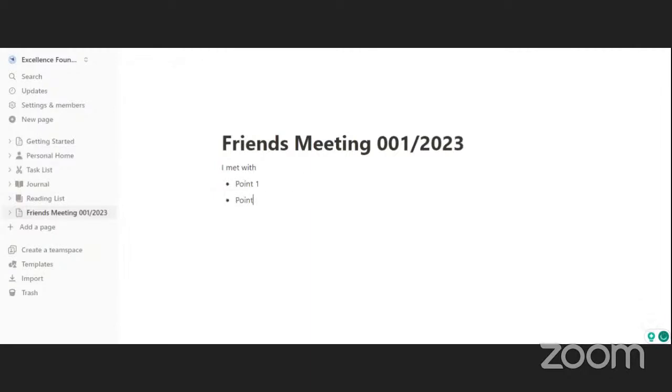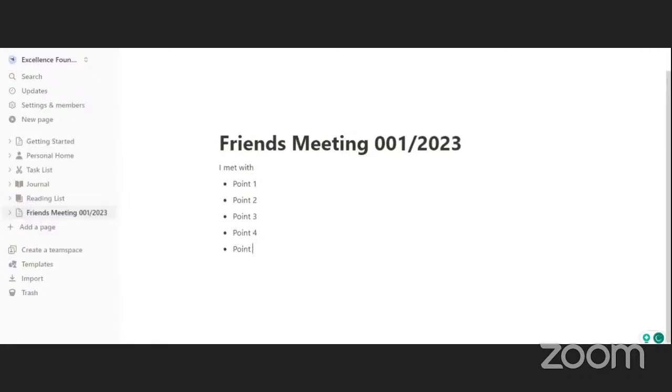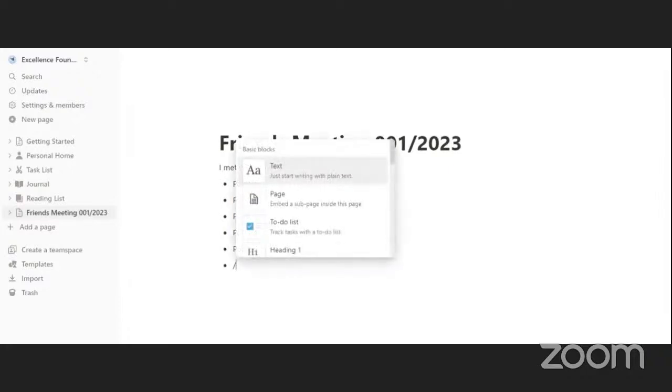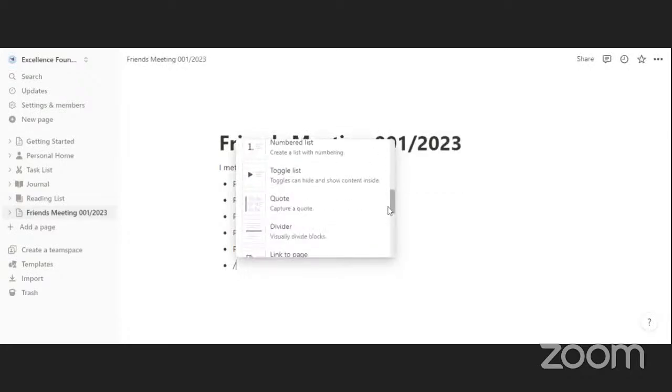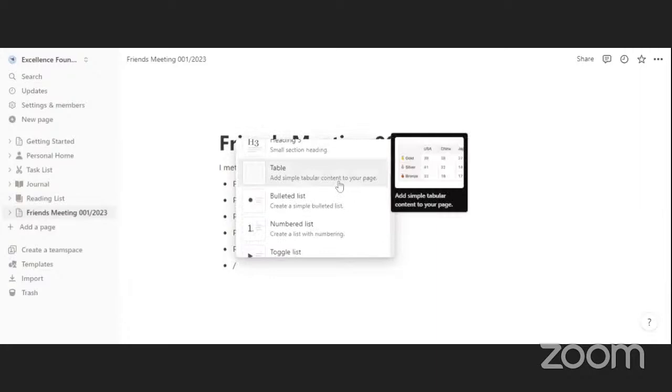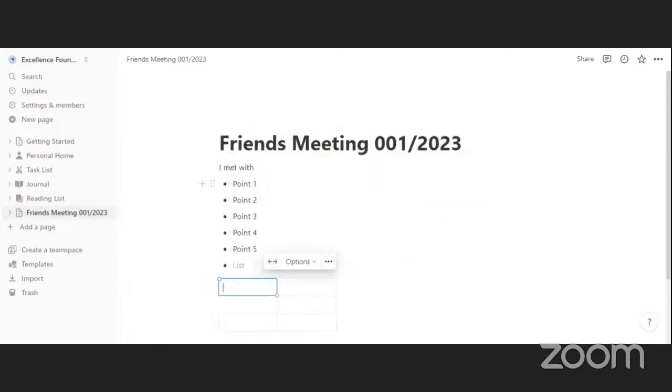You come here, point 2, point 3, point 4, point 5. Yeah. Then you write. If you want to put a table, you come here and then you choose table. You see? Then you say serial number,